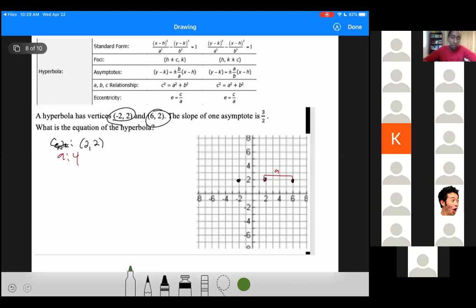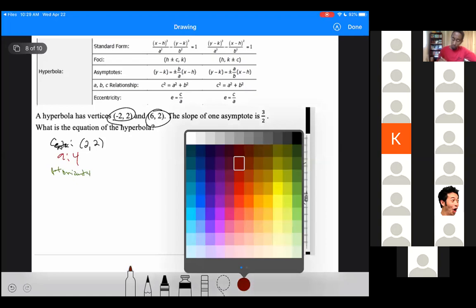That is horizontal. Yeah, that is horizontal because those are our vertices. We know it's going to go something like this. So we know it's horizontal. And that's important because it helps us to know which equation we're going to use. All right, then we can now look at the asymptote, okay? Because we know it's horizontal,